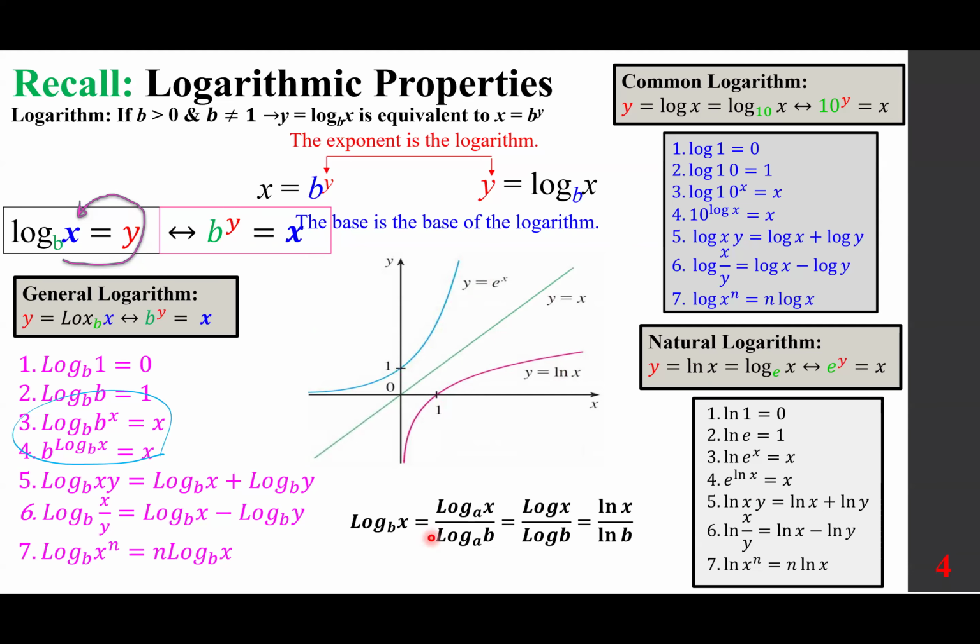And it's the change of base formula, log x base b. You can write log x over log b, with any base, for example, a. Of course, we choose either common log, namely base 10, or natural log, base e. And as you can see here,